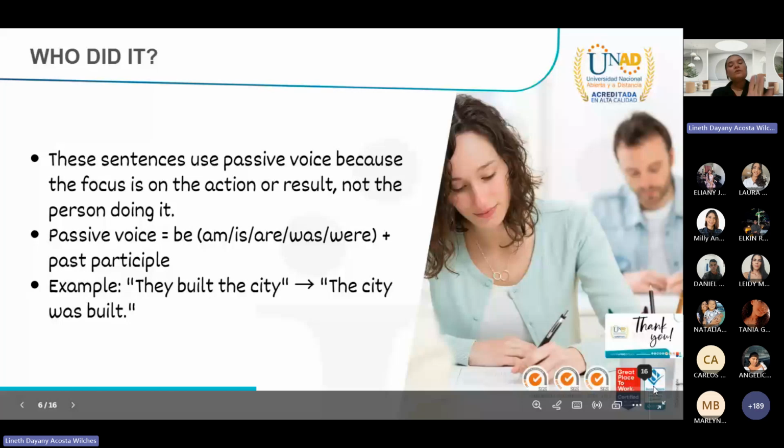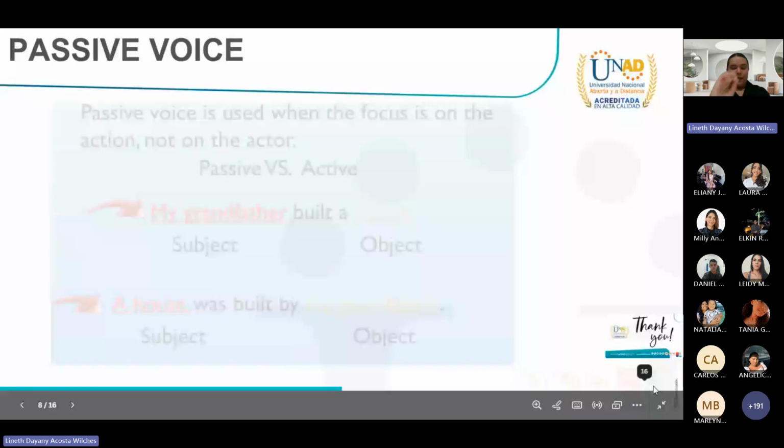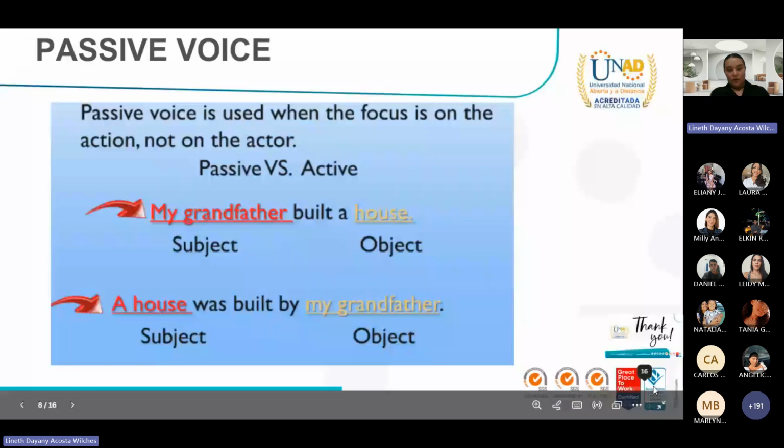Okay, but what you have to keep in mind is that according to the verbal tense, which in the active sentence is past, it changes with the verb to be in past and the past participle of the verb. So we're going to see here a small chart, so there is a better explanation than what I was just saying.